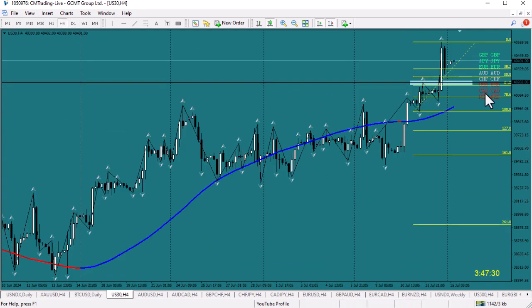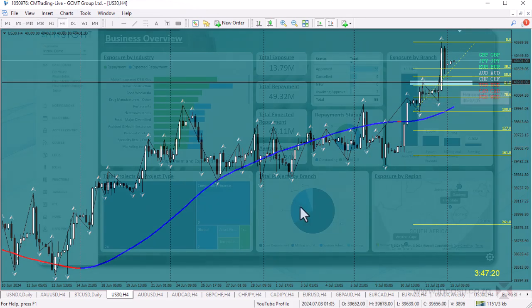Dow Jones, on a weak dollar, stock market bullish. I would like to see a retracement to this Fibonacci level, 50 to 61% level. Structure there, if it hits that level, it's the candle reversal. I'll then take some longs.